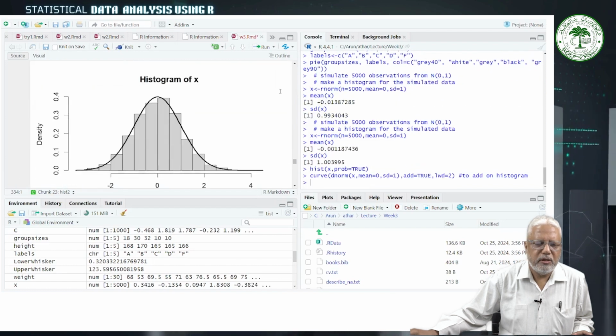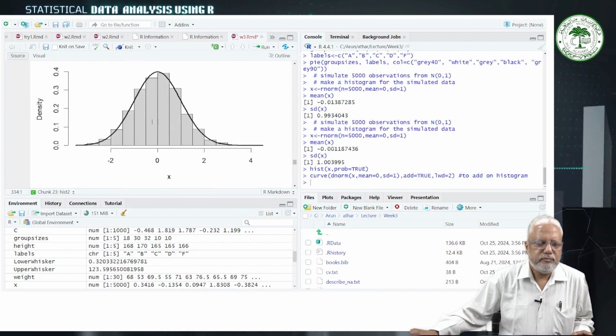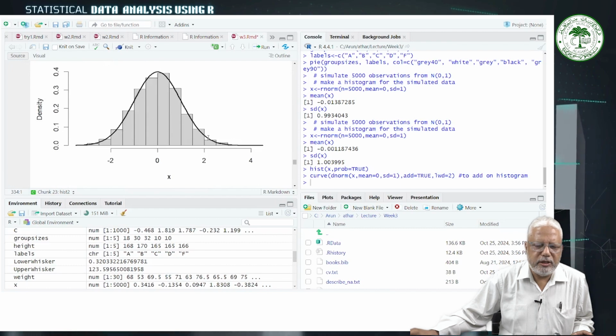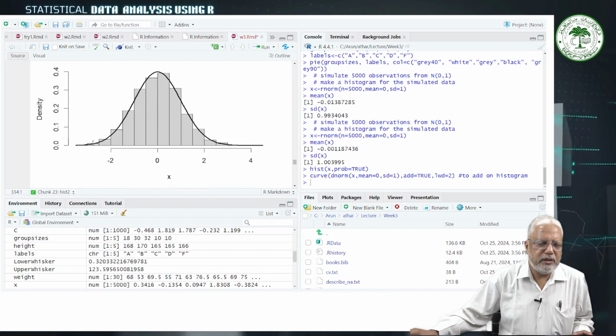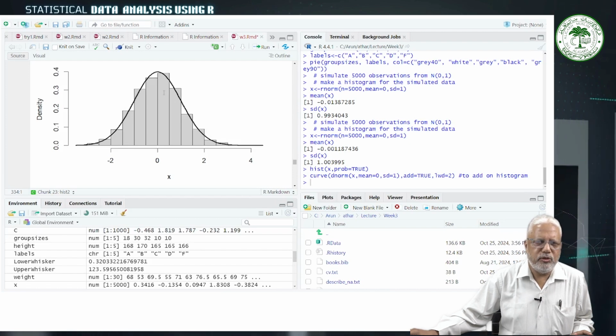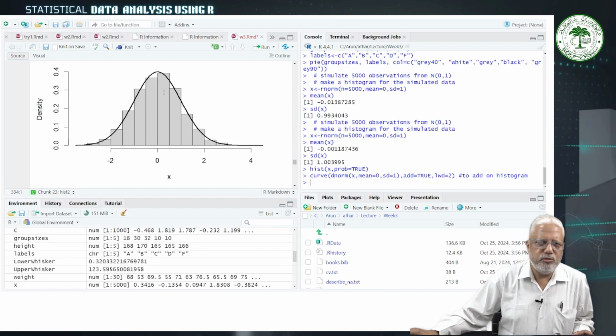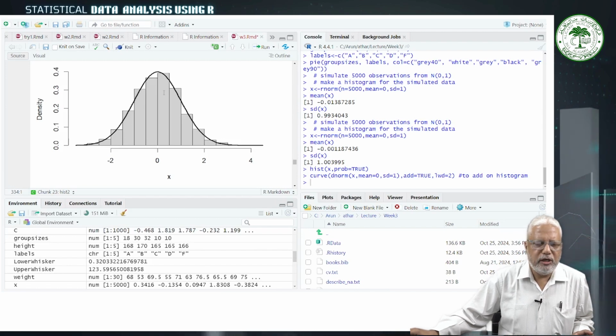See, this is the result. This is the histogram which is made on the simulated data, whereas this is the exact curve of normal 0, 1. Both are matching. Actually, this is the very common technique that if you do simulation and you want to